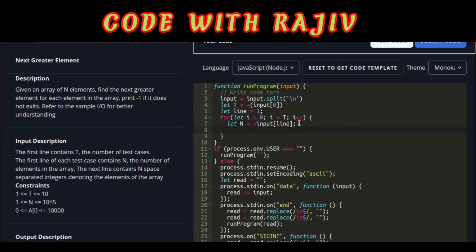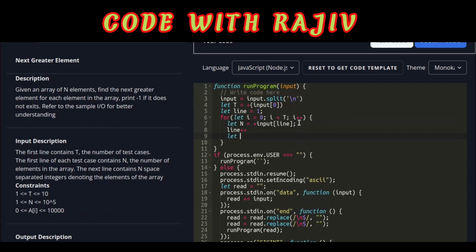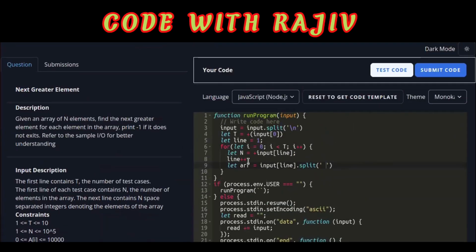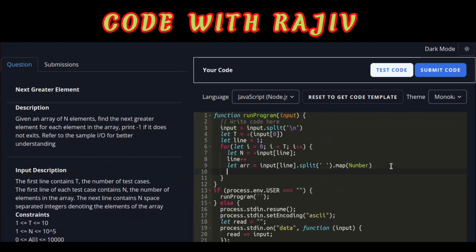After that we will increase the line, and after that we need to create the array, and there we will take input of line dot split with a space, because here you can see in the input the space is given, that's why I split the numbers to store in my array. After that split I need to map this using Number, because we need to convert to numbers, that's why I am doing this. Again, I will increase the line with plus plus, and here I will